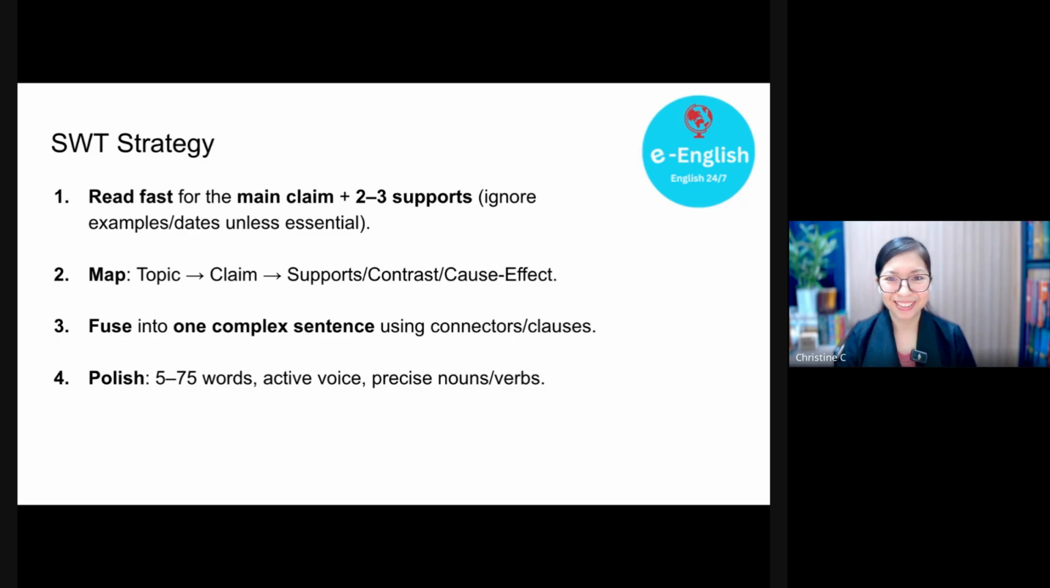Okay. So after reading fast for the main claim and 2 to 3 supporting sentences,